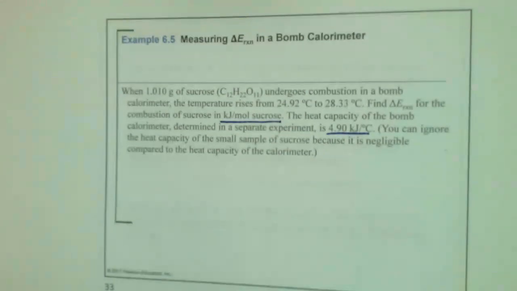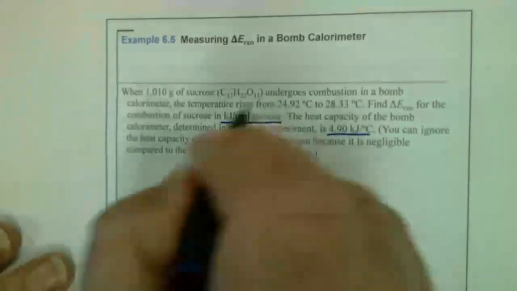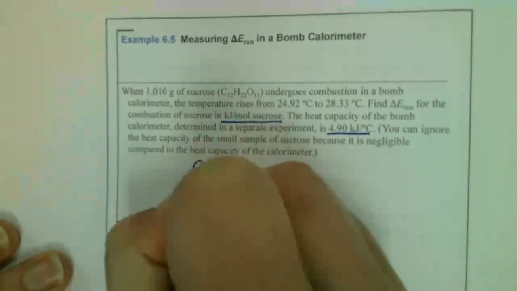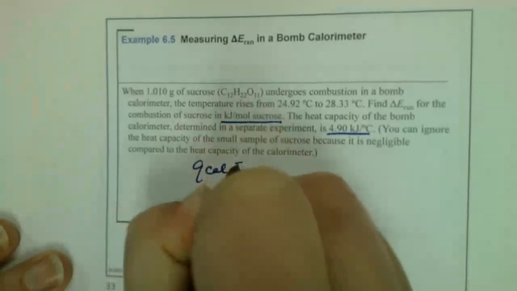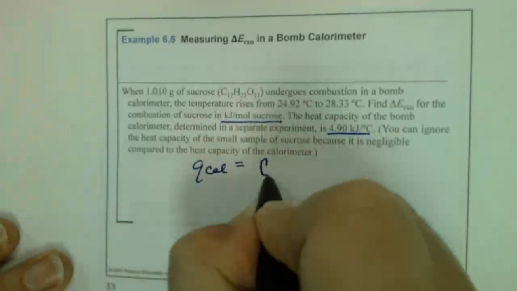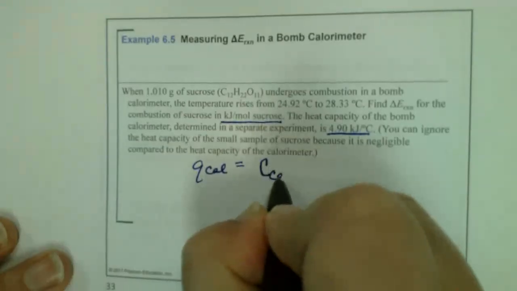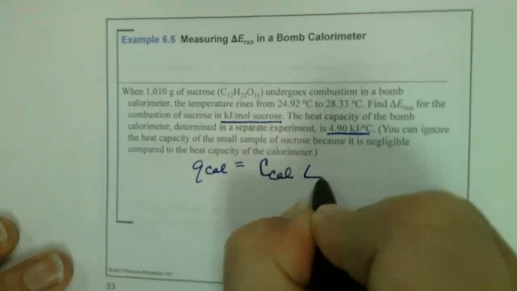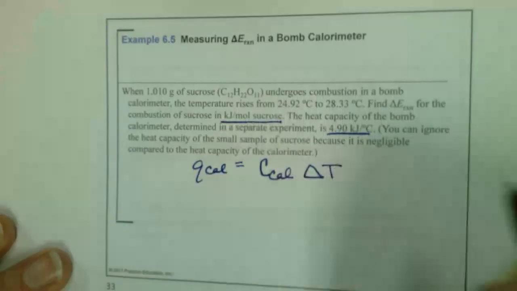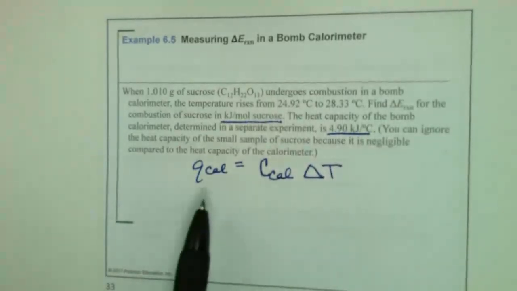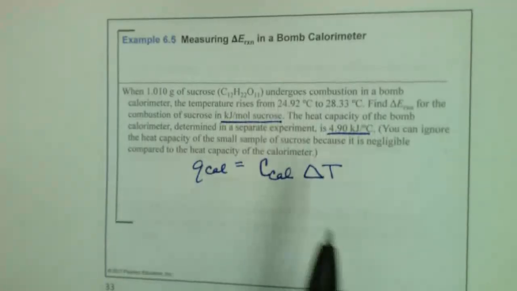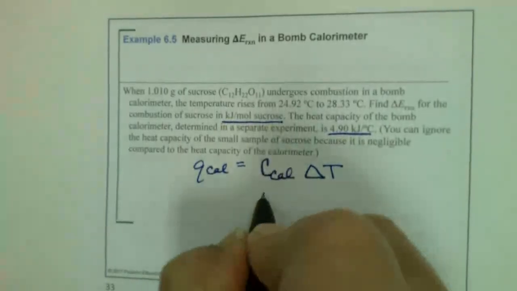If this one, by chance, isn't on the back cover of the book, I'll give it to you. The q of the calorimeter is equal to the specific heat of the calorimeter times its change in temperature. In other words, the heat that the calorimeter takes in is going to equal this value. So that's going to be